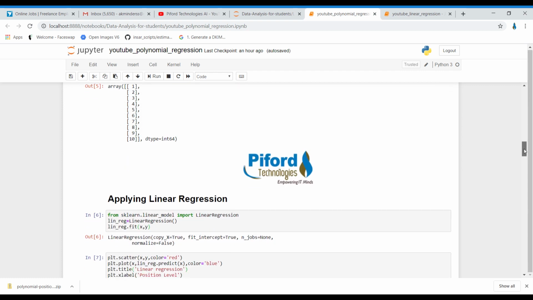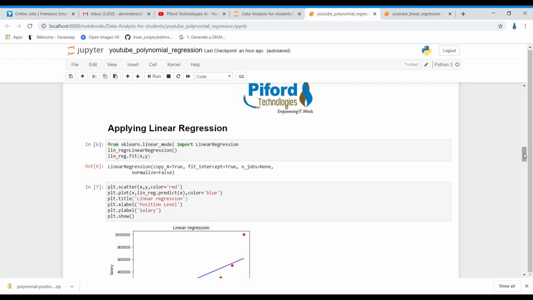After reshaping, first of all, I want to show you the result on this data by using linear regression, and then I'll apply polynomial regression on it, right? So that's why I've imported linear regression. Now I've called this linear regression in a variable, and by using the fit method, I've trained my algorithm.